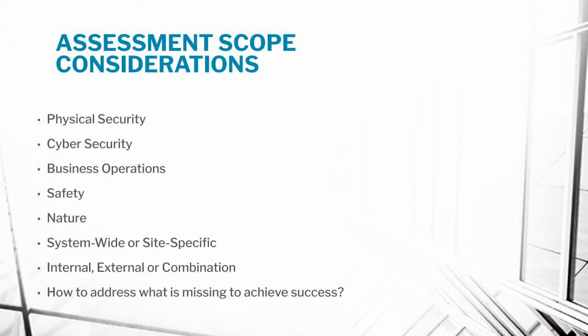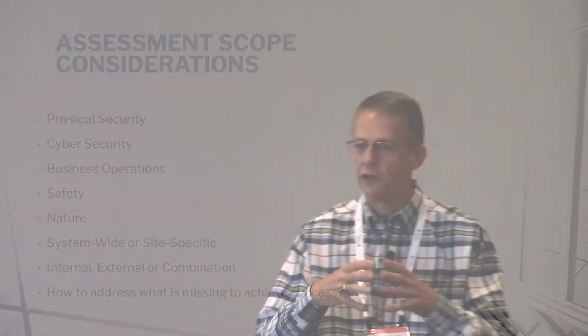So we've already talked a bit about system-wide or site-specific. And then the big difference is, are you scoping those together or one at a time? That interconnection is the change. The one that comes up is, are you looking at really just your assets and your protection measures and your operations that are internal to your owned facility? If you've got a fence line or a campus, are you looking at just what's in there, or are you looking at the feedstock that you don't even necessarily own or control?